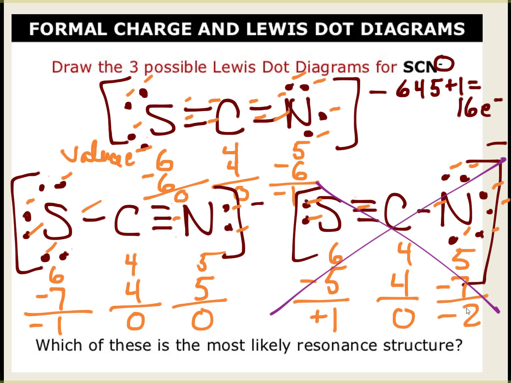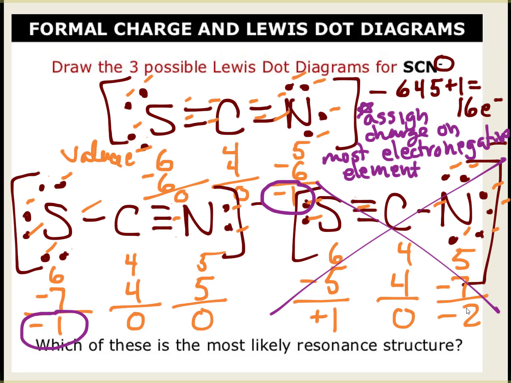Now let's look at the other two. The other two I'm looking at, they have the zeros and they have a -1. So I have a -1 on a nitrogen, and I have a -1 on a sulfur. On this, you always want to assign the charge on the most electronegative element. So looking on the periodic table, fluorine is the most electronegative, and I have nitrogen and I have sulfur. Sulfur's a bigger atom. Nitrogen is going to be a little bit more electronegative. And so we are going to have this first one be the Lewis dot structure,